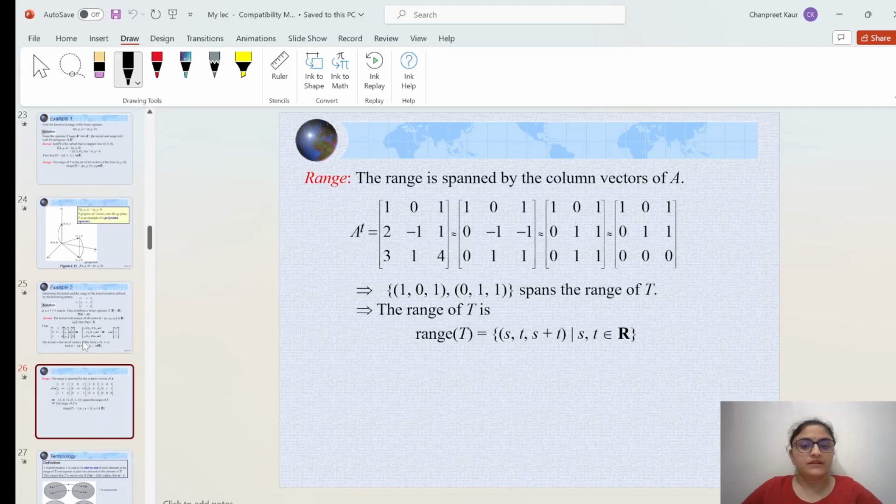When we come to the range space, you apply matrix transformations, and you must have done this in your first year linear algebra, how to find the range space. It turns out that the range space is spanned by these two column vectors. So the range turns out to be